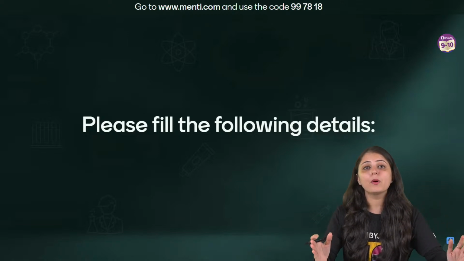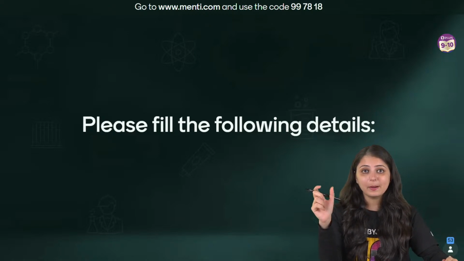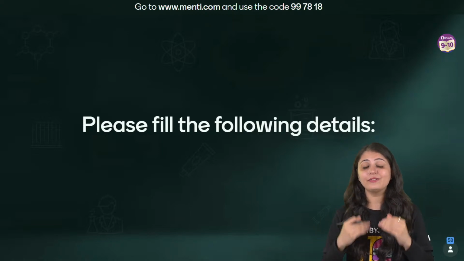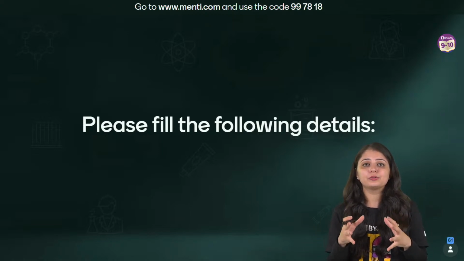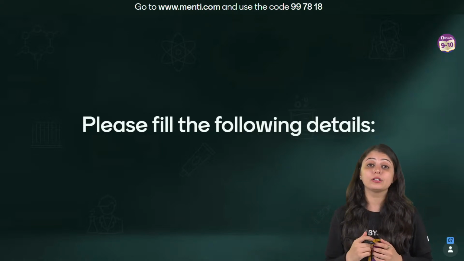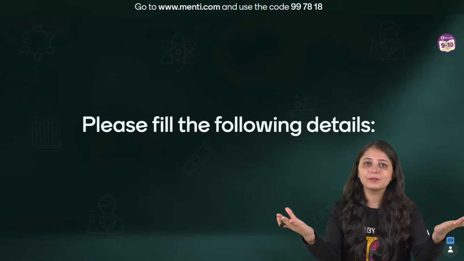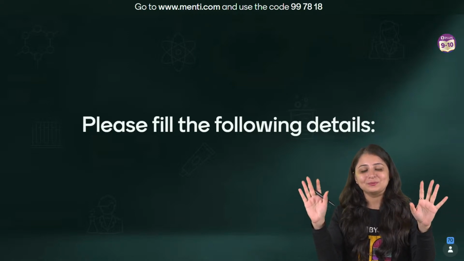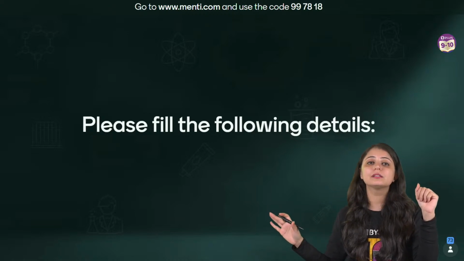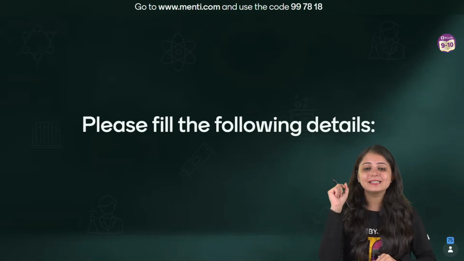Now, it is very important for all of you to write your correct name, correct spelling, and correct phone number, because this is going to be your identity mark. This is how we'll identify you. So don't log in using your mother's phone number today, and tomorrow for some other test log in using your father's phone number. This way we'll take it as two students appearing for the test, while you are only one. So, it is very important that you use the same phone number throughout all the sessions. Throughout the series, throughout the league, you have to use the same name and the same phone number.